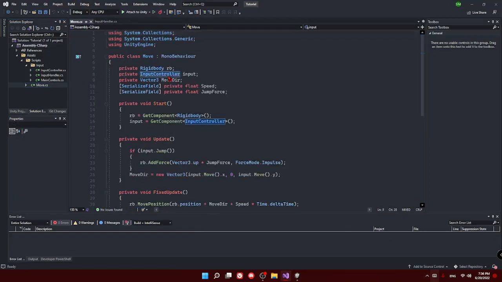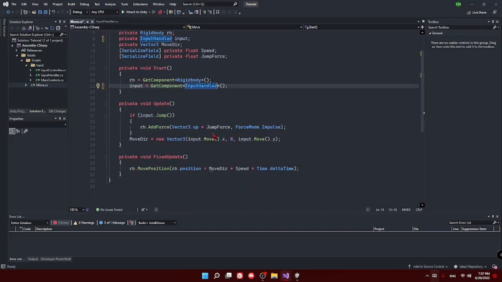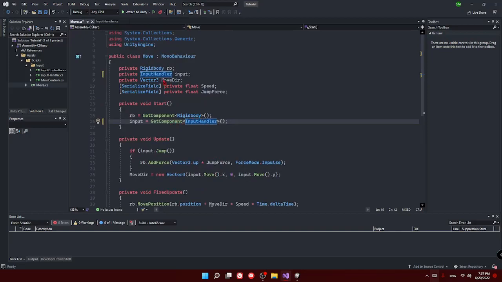Now in here we replace the input controller by input handler, and hopefully most of the stuff will be fine. We don't even have to change anything other than the get component and reference.